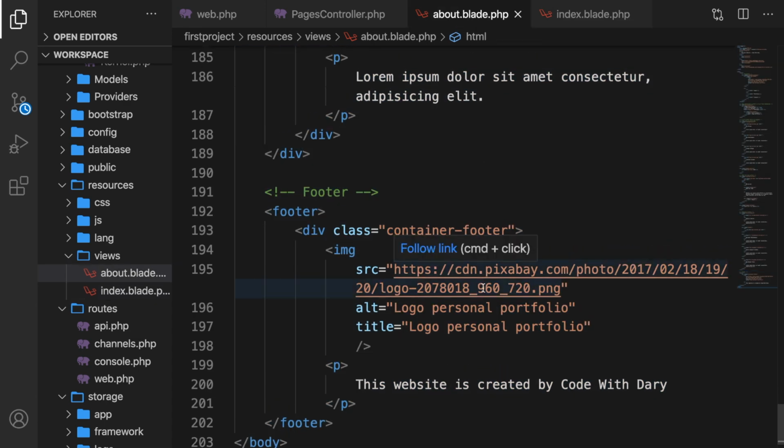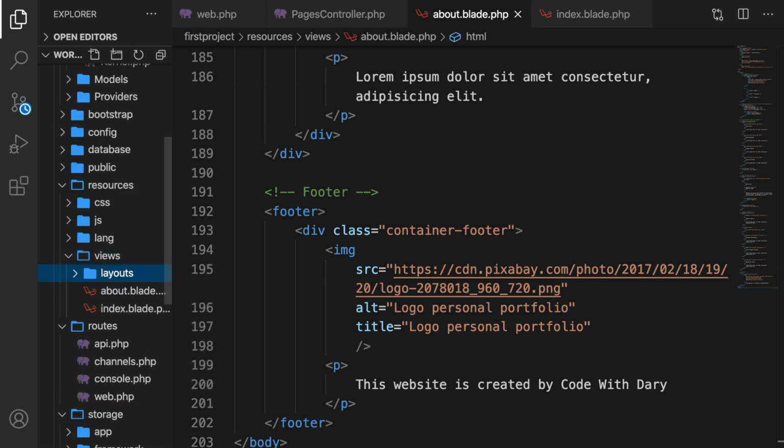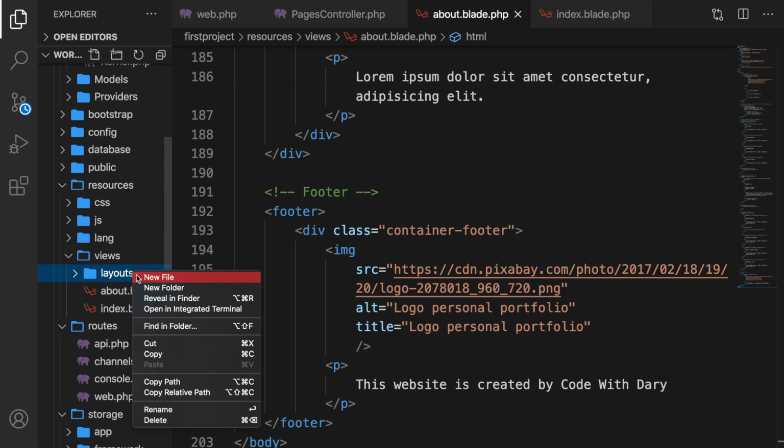As you can see, everything inside the head and footer tags is redundant because we've got it inside the index page too. Now what we could do is create a new directory inside our views where we are going to store redundant stuff like the header, the head, and footer. So let's create a new directory inside our views called layouts. And inside our layouts, let's create a new file called